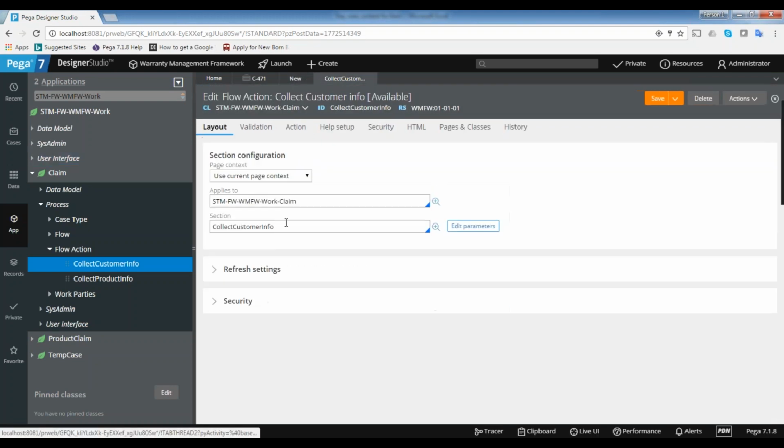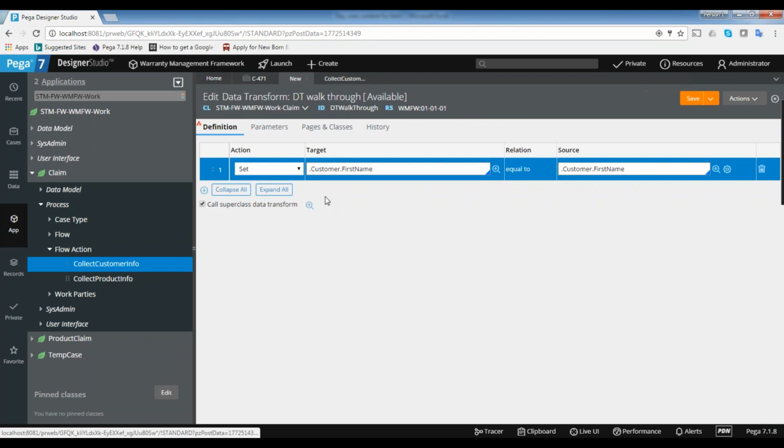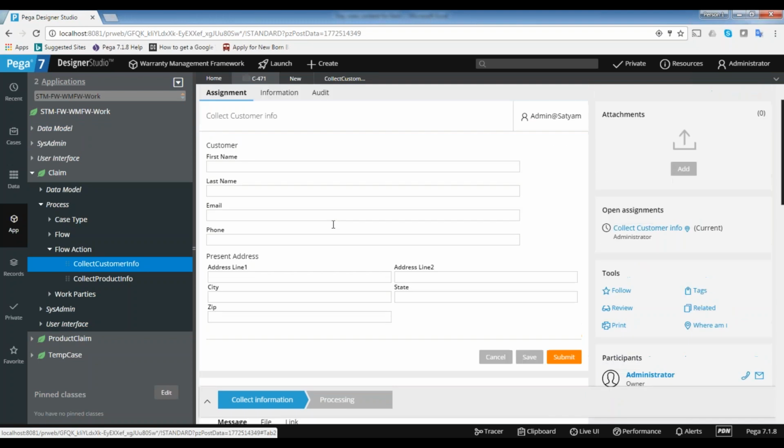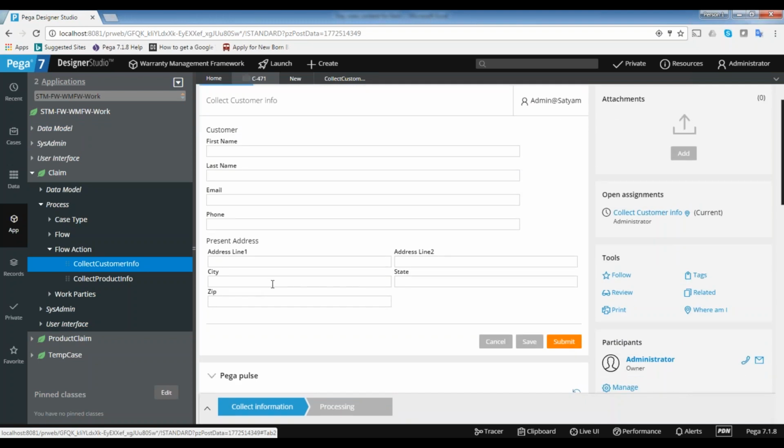Within the flow action, we are defining the section. But before rendering the screen, that means before displaying the screen, if you want to do some action, this is useful. Let's say you want to display the city names, or some data is there in the database. I want to display the data as a dropdown in the state or city here. That means before rendering the screen, I should make the data available. So I need to do some logic in the pre-processing only.